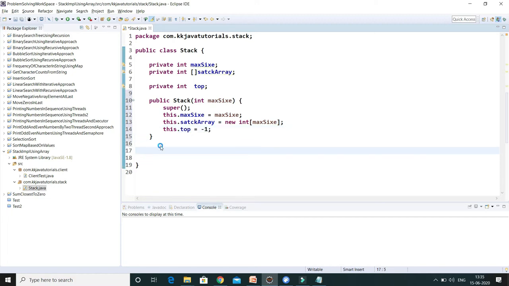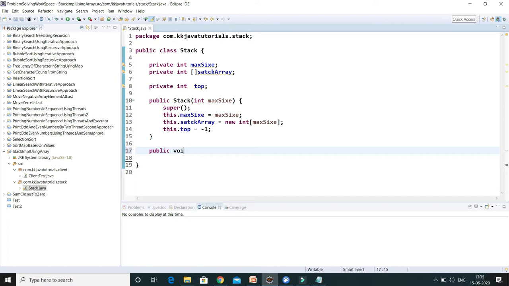That's it. Now the next thing we are going to do, as we discussed in the previous slide, there are three basic operations performed by the stack. First, push. When we want to put an item into the stack, that is called push. And then we have pop. Pop is nothing but taking an item from, or removing an item from, the top of the stack. And the third basic operation is peek, which will return the topmost item. So let's start first of all with push.